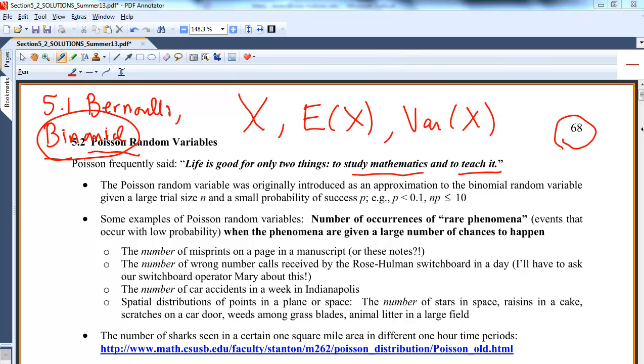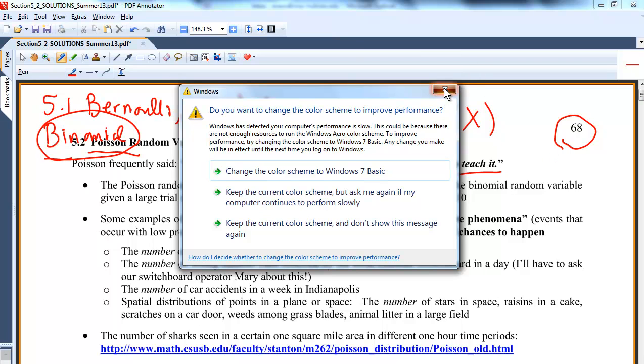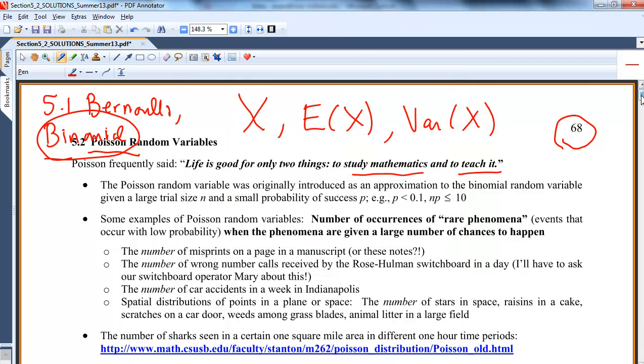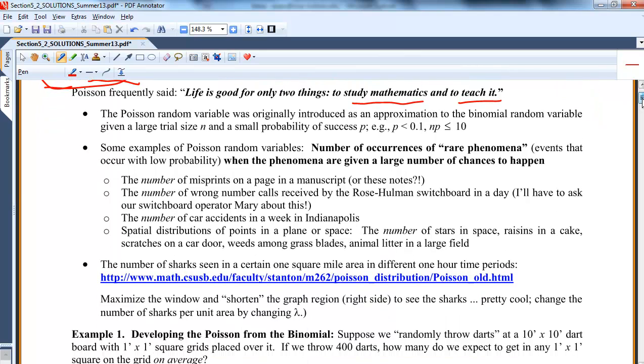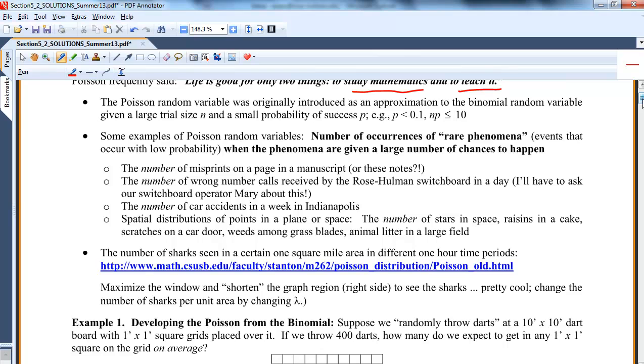The Poisson random variable was originally created as an approximation to the binomial distribution. So Poisson came after the binomial as a way to say, if I have a binomial variable that has certain qualities, in other words, a really small p and a large n, this is a nice approximation. I'll show you what I mean. A Poisson random variable is the probability of something happening over space or time or region, where sometimes that thing rarely happens. Poisson's not always that, but it can be, and that's what makes it a good approximation to the binomial.